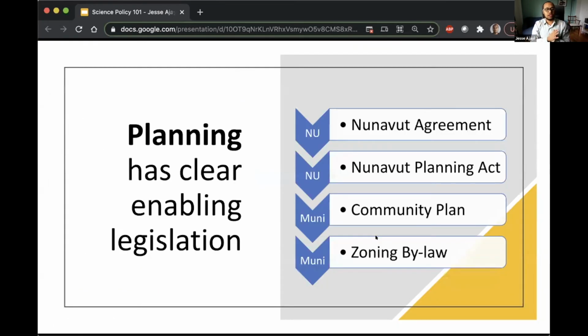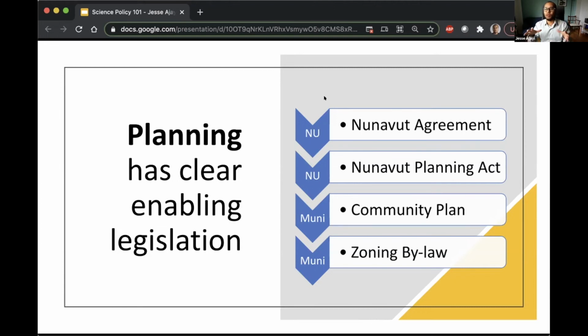So I just wanted to talk a little bit about where the authority for planning comes from, and then I'll jump into some examples from my work over the last decade in Nunavut about specifically where we saw research operationalized. The Nunavut Agreement, which is a modern lands claim agreement, which sparked the creation of the Territory of Nunavut 21 years ago,